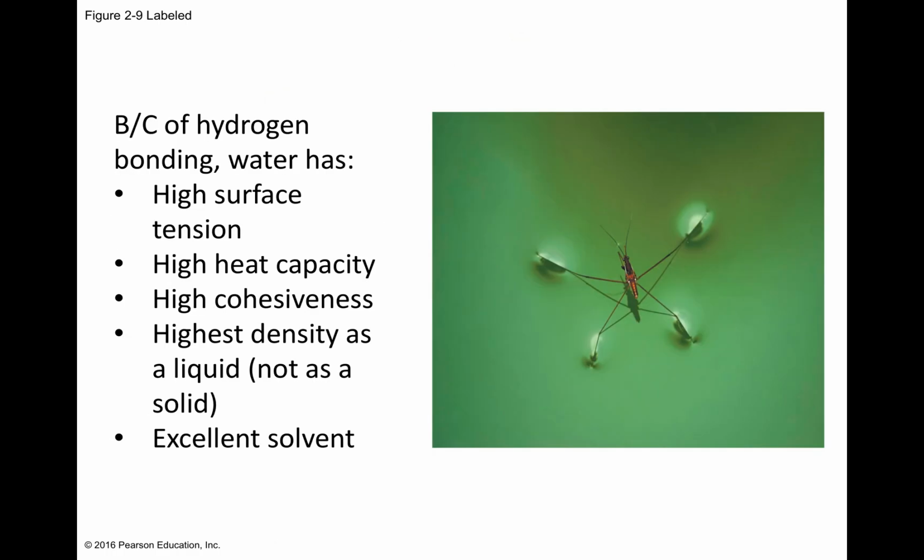So these hydrogen bonds, one water molecule binding to another water molecule, are important for lots of properties of water. Like water has really high surface tension, which allows something like this water strider to walk on water. If you fill up a glass to the very edge, you can actually fill it up a little over the edge, and the surface tension of the water will curve that top surface and keep the water in the glass.